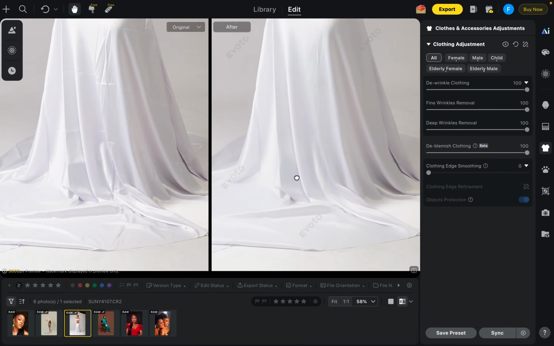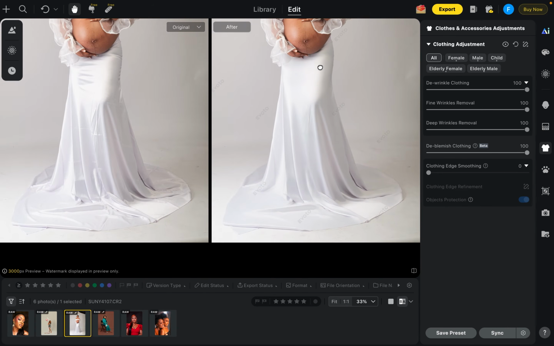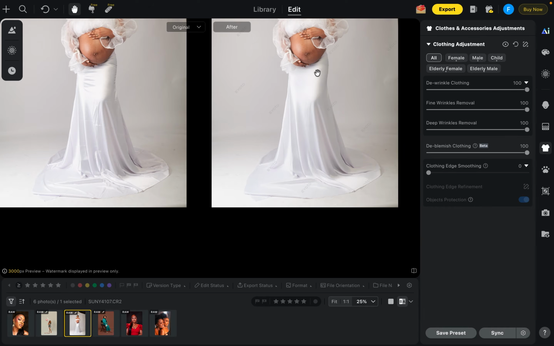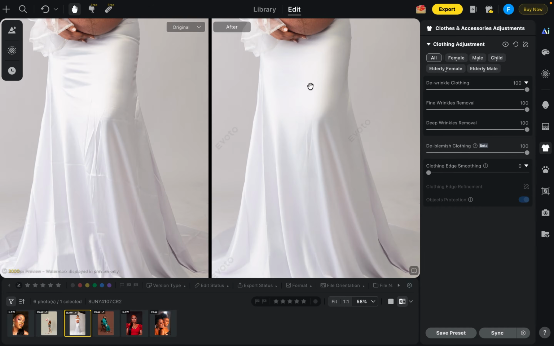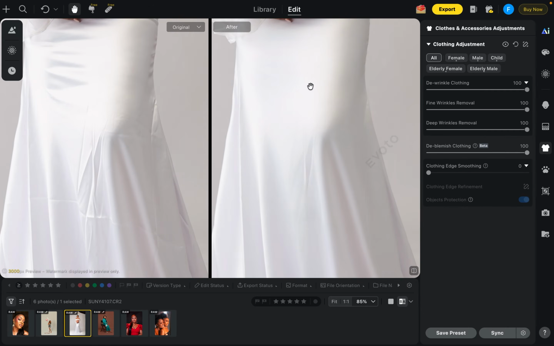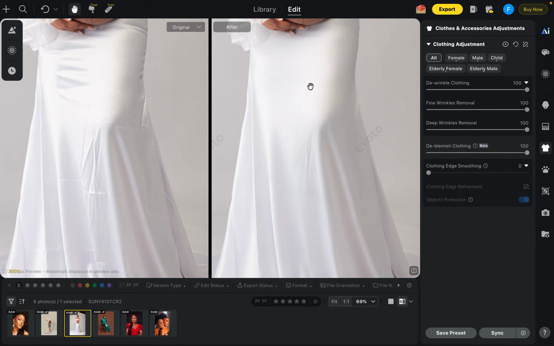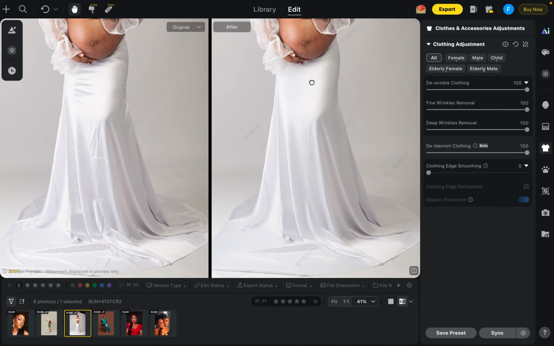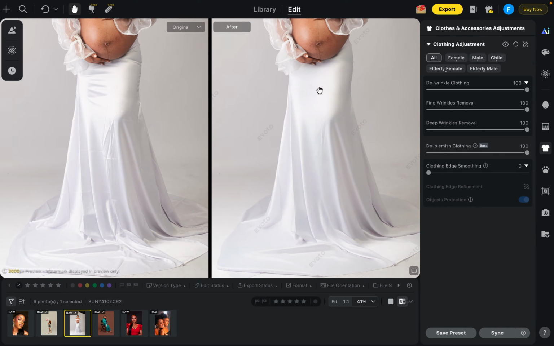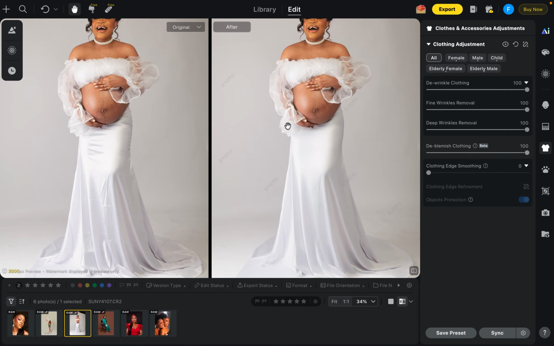It's already smoothing out. In Photoshop, what I do is I use my retouching brush to actually clean this carefully, so it takes some time to actually do this, but Evoto just saves me the time of cleaning this cloth one by one, like going over it again and again. It's going to save me at least 10 minutes compared to Photoshop. Yeah, so I really like this feature. It's going to save me time. And now let's go to our next image,